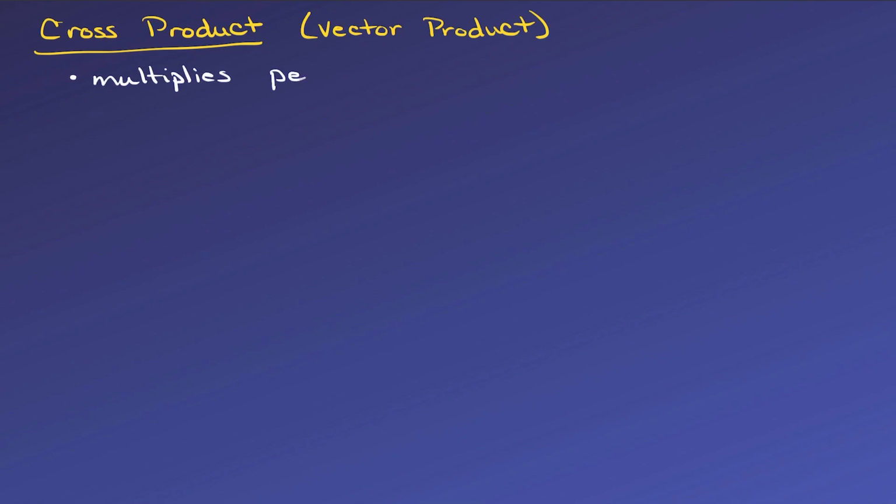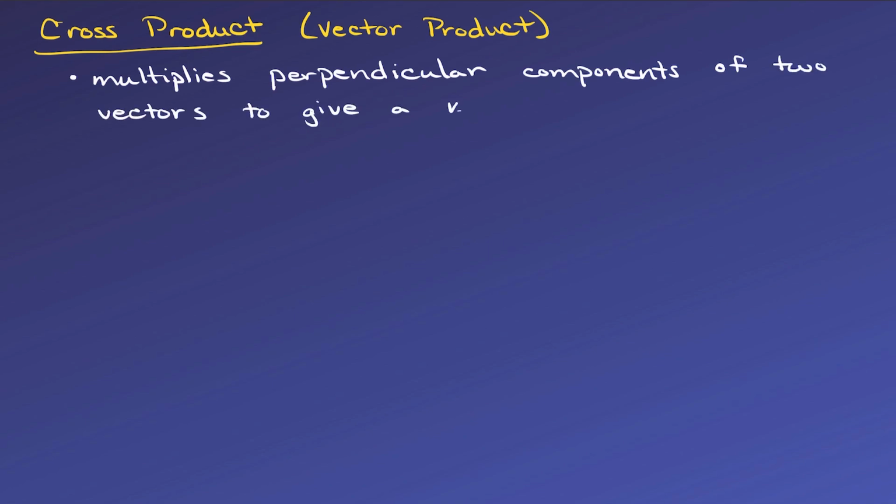In this video, we're going to review the cross product. The cross product, or vector product, multiplies perpendicular components of two vectors to give a new vector that is perpendicular to both of the original vectors. So if I draw two vectors, a and b, the cross product, which is written with an x or a